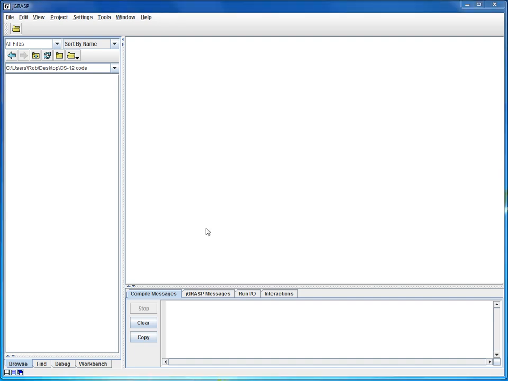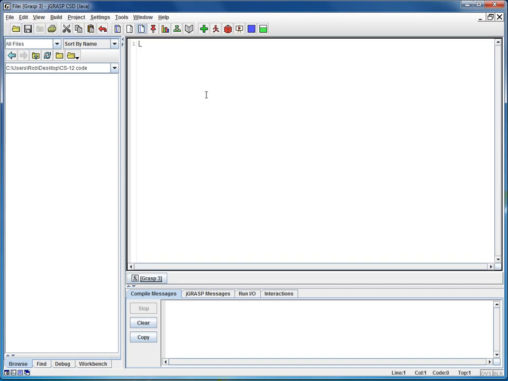Then in step 3, I'm going to create a brand new Java source file by selecting File, New, Java, and notice that 3 things will happen. I've got a new empty text window here to start typing some code. I've got a brand new unnamed empty file,